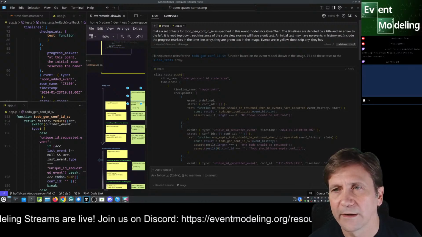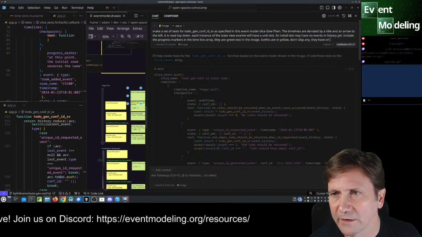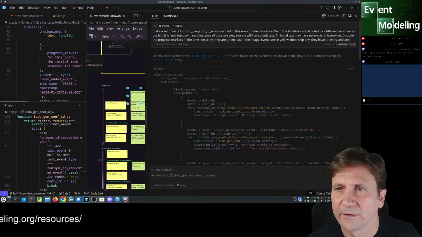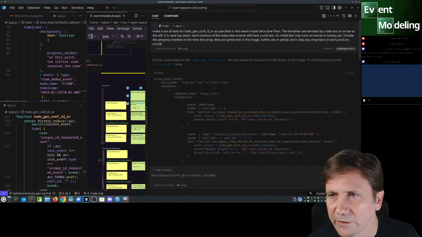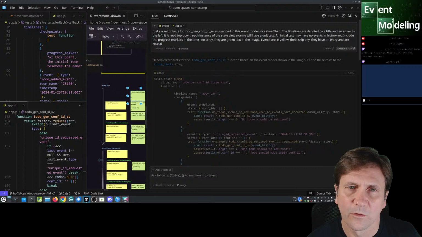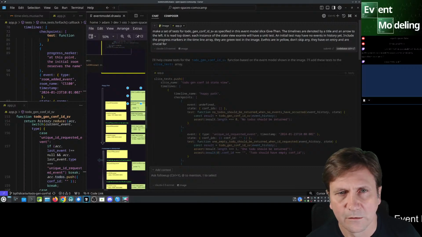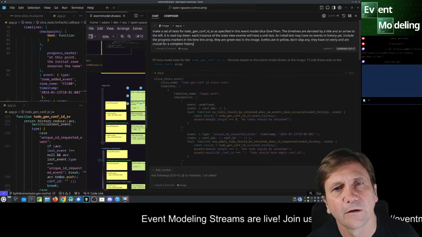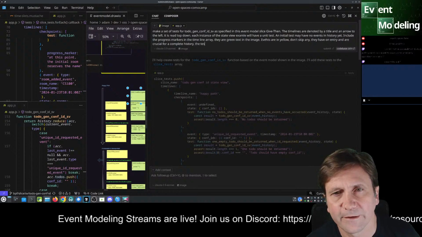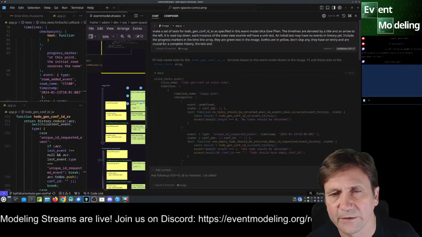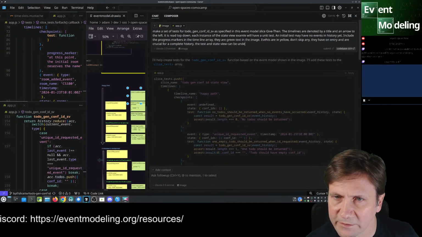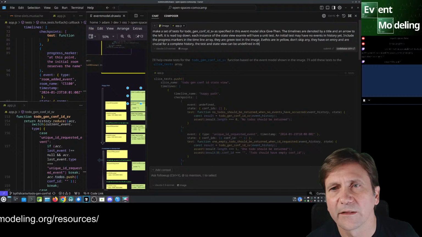They have an entry and are crucial for a complete history. The test and state view can be undefined in this case. This entry.